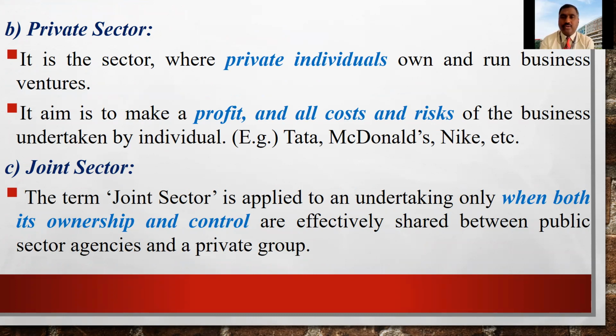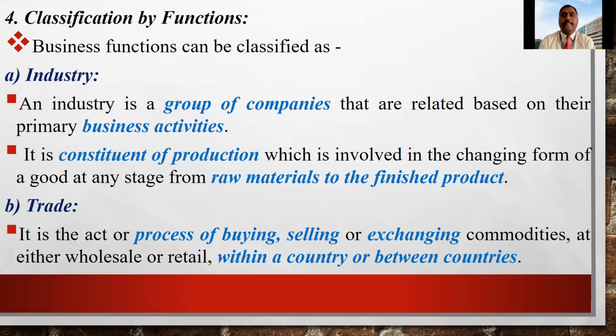A single person can own a shop, and then two or three people can join together and create a partnership, and they can run a multinational company, or they can run one huge hypermarket or supermarket. That is also called a business. That is also classified according to the ownership.